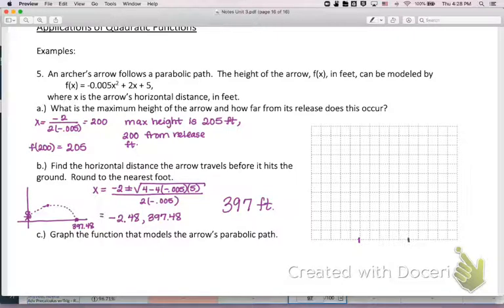If I do 400 divided by 15, that gives me roughly 26. So maybe I'm going to count by 30s. So this would be 30, 60, 90, 120, 150, 180, 210, 240, 270, 300, 330, 360, 390,